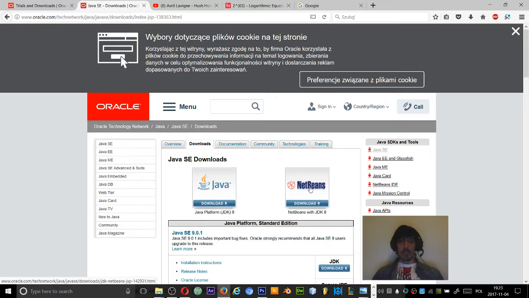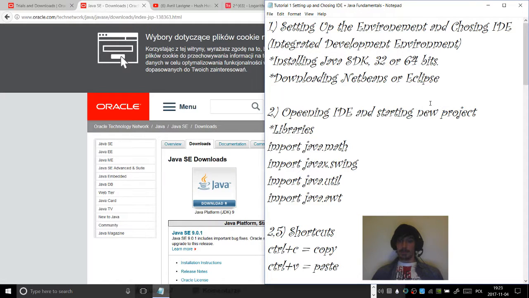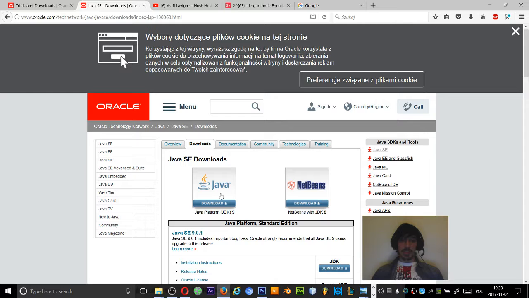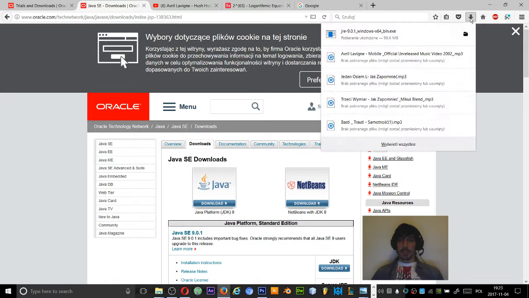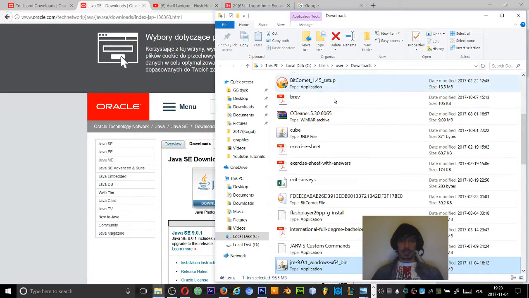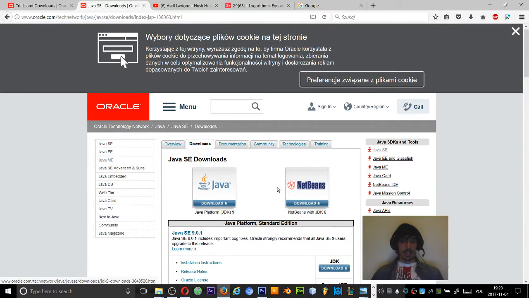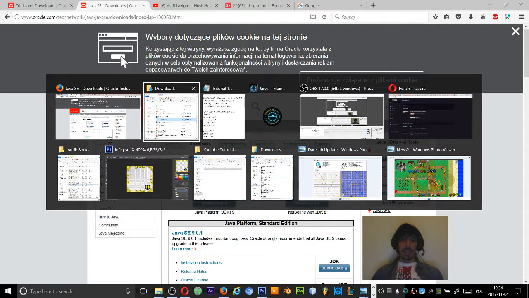and we will also want to get the IDE, which is an integrated development environment for writing the code and editing it. So you just click to download. I already downloaded it, and I've then installed it as well. And I have it. Yeah. So I got mine ready, and then you download the NetBeans, which is called IDE,